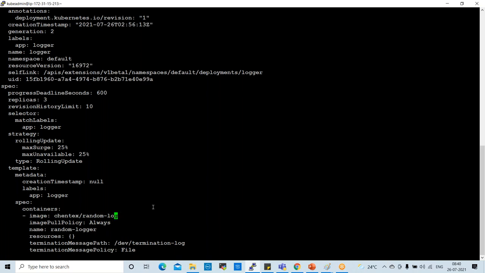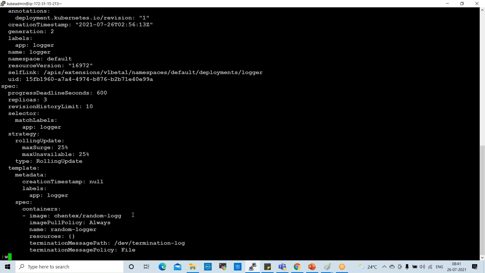Actual image is logger, but I'm changing it to log. By the time, what will happen, we'll try to understand. Logger, right? So I just remove the ER, log only I give.